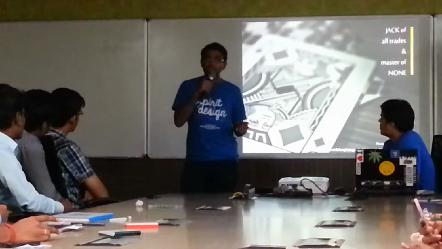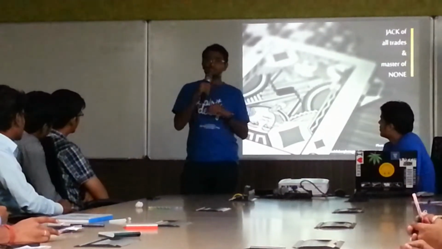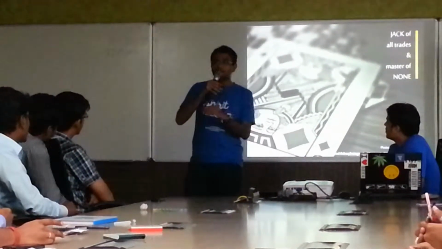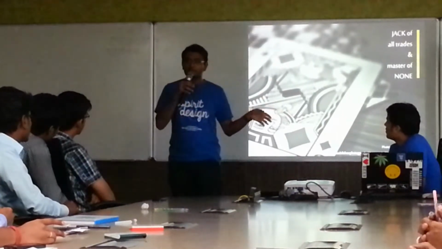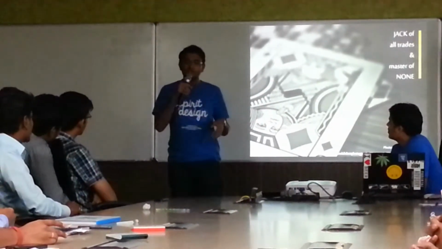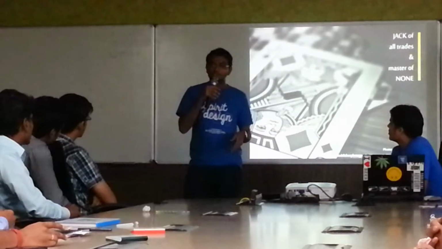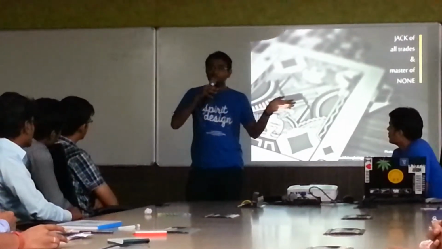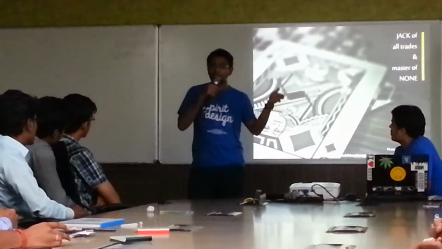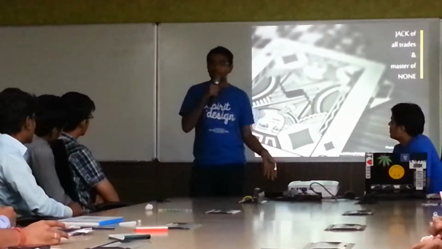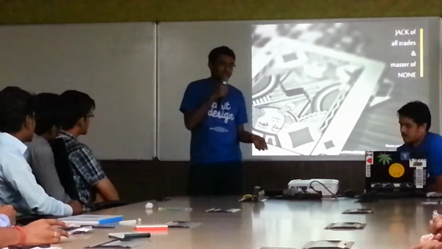I generally follow the T principle in life. If you observe the shape of the letter T, the horizontal line represents the breadth of skills you can have, and the vertical line represents how deep you can dive and master a particular skill. Right now, I'm trying to figure out the breadth, and eventually I'll find the point at which I'll dive in and master a particular skill.